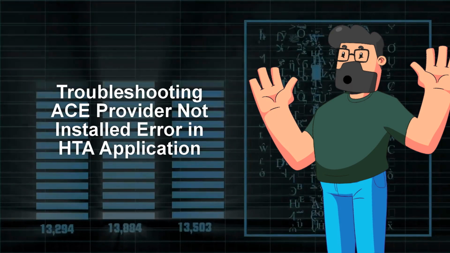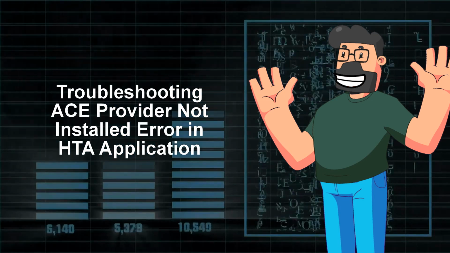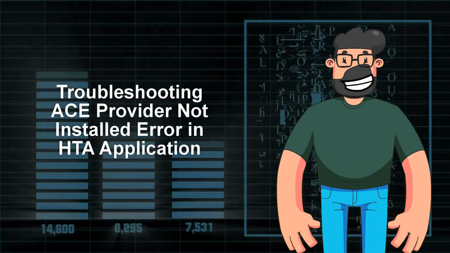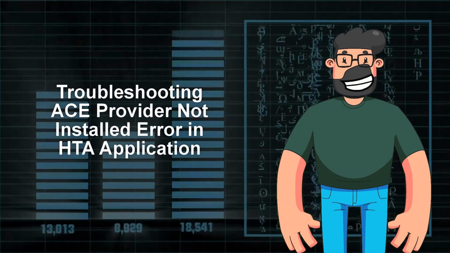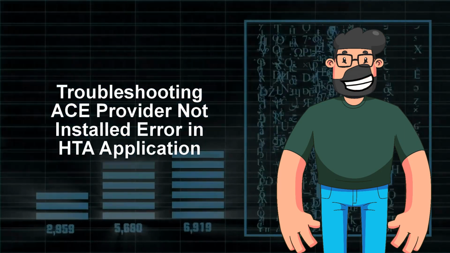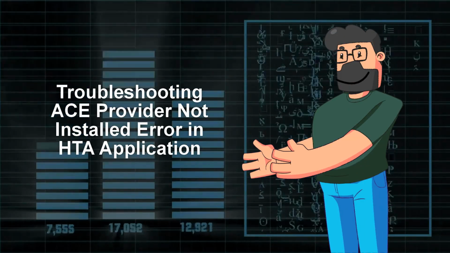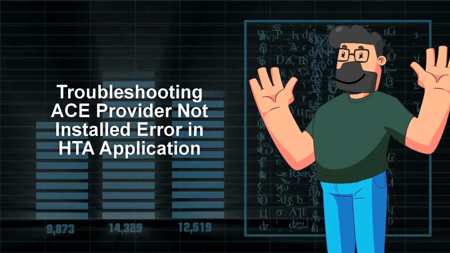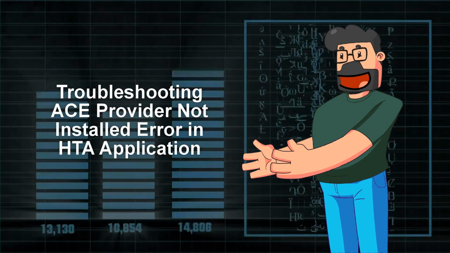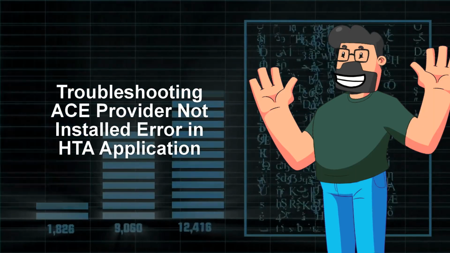Welcome to this video where we will tackle a common problem that many people encounter when trying to run a VBScript code within an HTA file. The issue arises when using the ACE OLEDB provider in a 64-bit environment to access an Excel sheet. The error message "provider cannot be found. It may not be properly installed" pops up, pointing to line 15 of the script. This can be quite frustrating, but fear not, as we have a solution at hand to help you resolve this